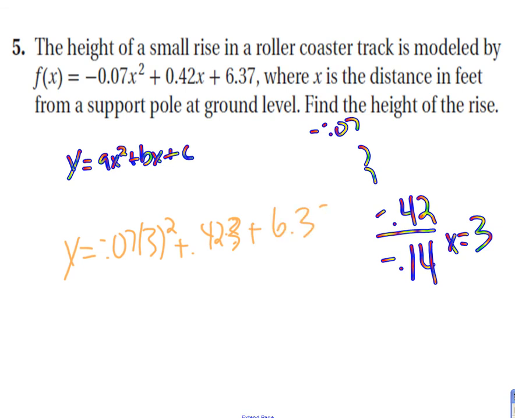Plus 6.37. So 3 squared is 9. 9 times 0.07 is negative 0.63. And then plus 0.42 times 3 would be 1.26. Plus 6.37. Then if we combine all that out, we do get,